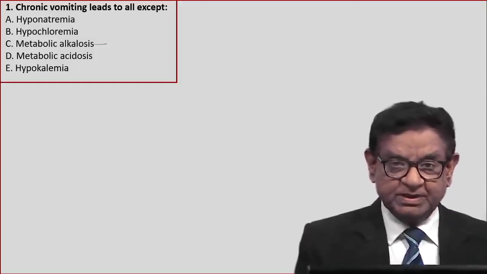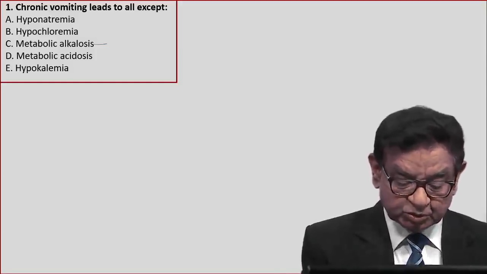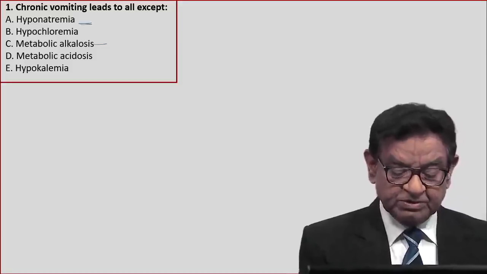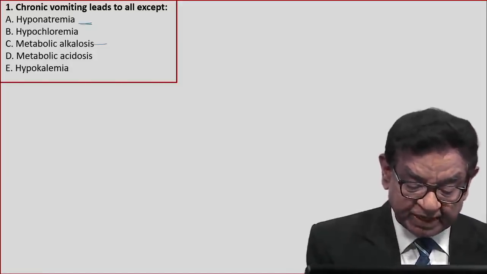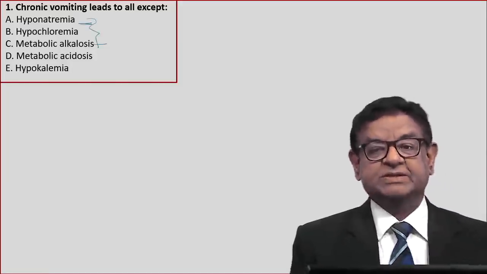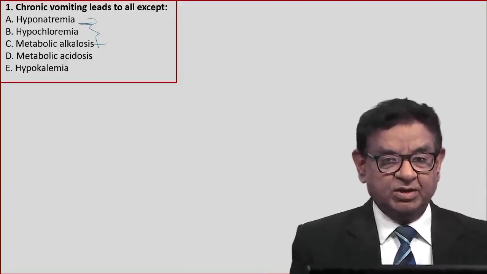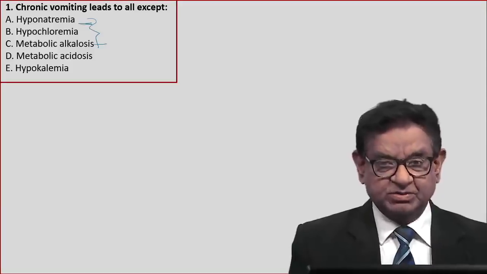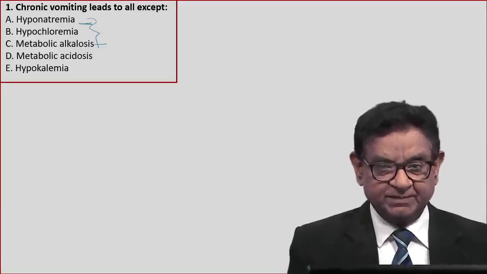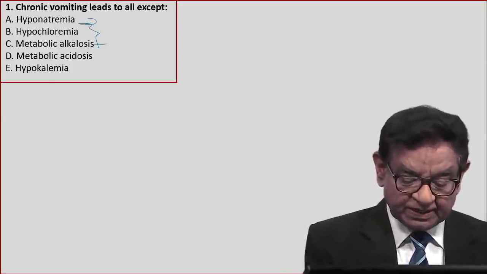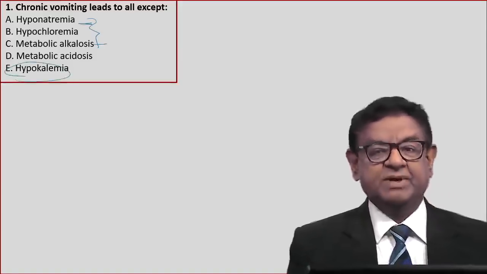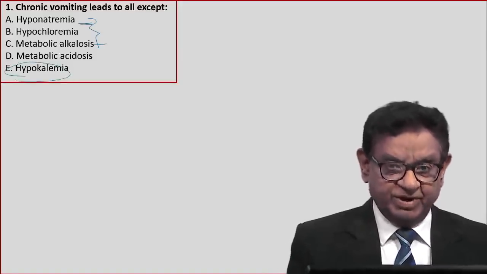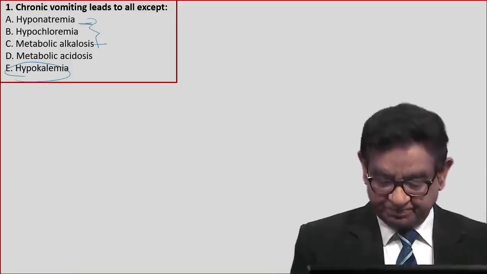The patient is vomiting and will be losing sodium also. So this is how these three things will happen. This we can simply explain by loss of gastric content in the vomitus, losing sodium and HCl. But why does this hypokalemia occur? For that we have to learn the basic concept.